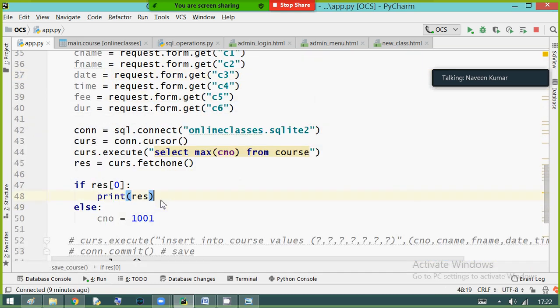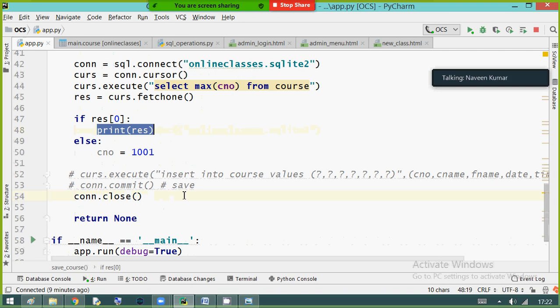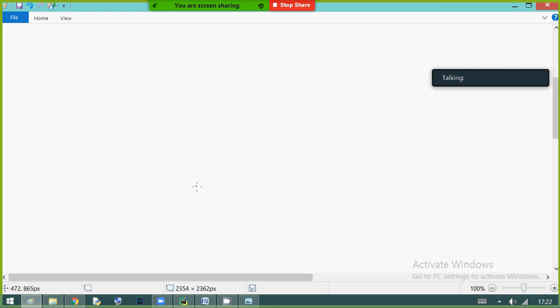Now what I am doing here is course number equals result of 0 plus 1. So it will become the new course ID.